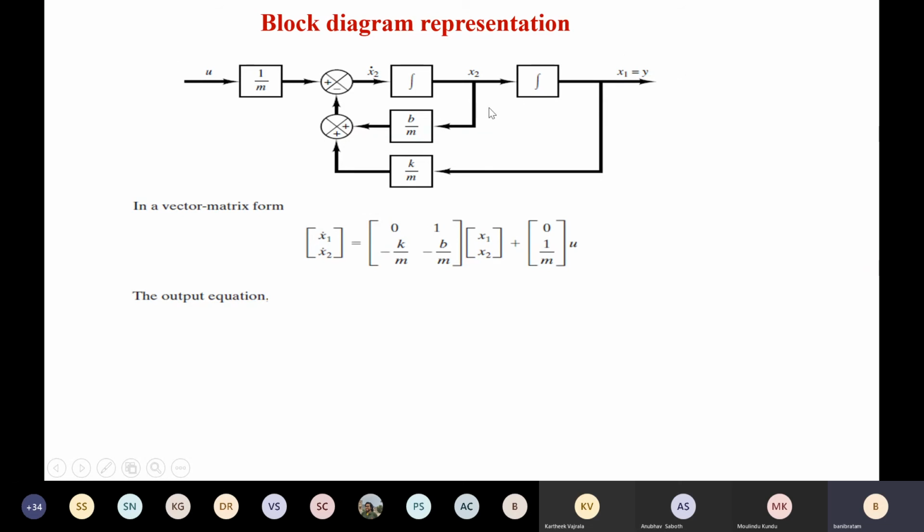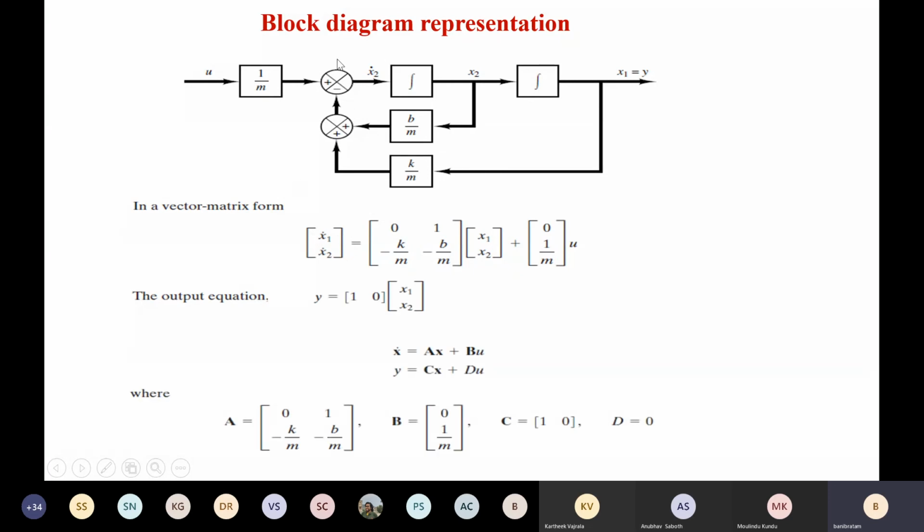You don't need to do any calculation. You just have to draw this diagram and put the values of b, m, k like this. And here integration means, in the Laplace domain, integration means 1 by s. Okay, so in that way we can simply arrive at it. Now the order of the system means basically this ẋ = Ax + Bu, that thing itself we are presenting in the block diagram form.